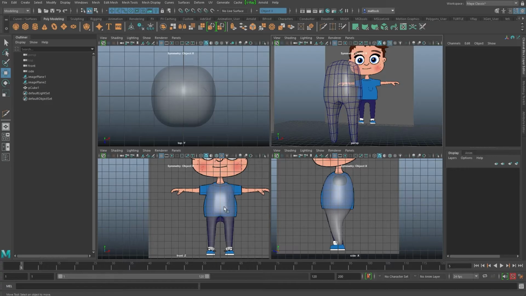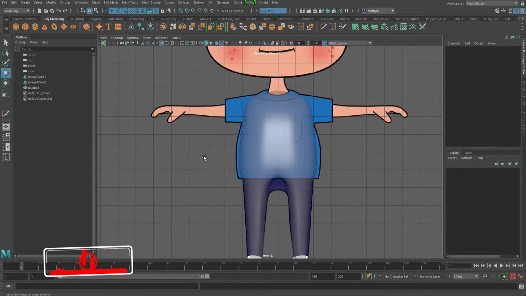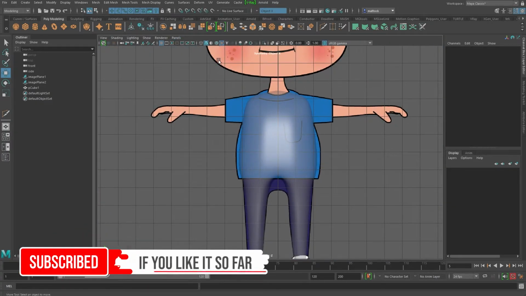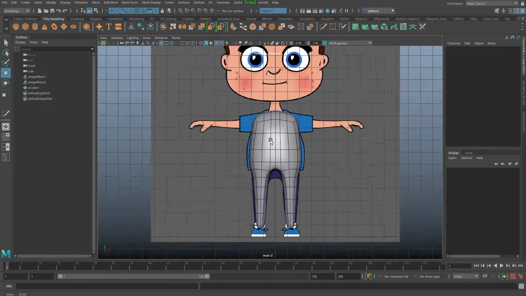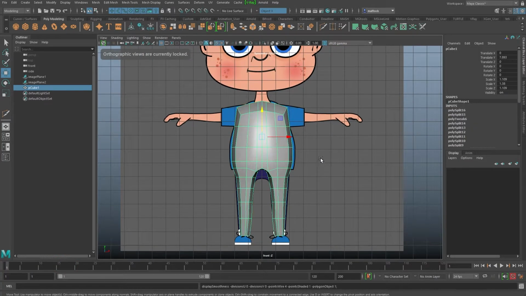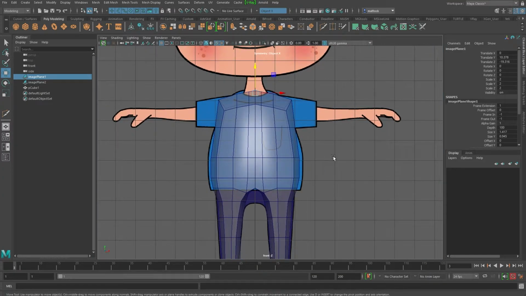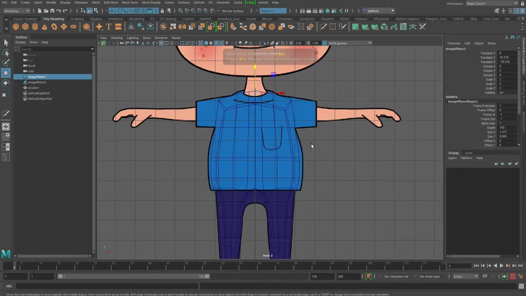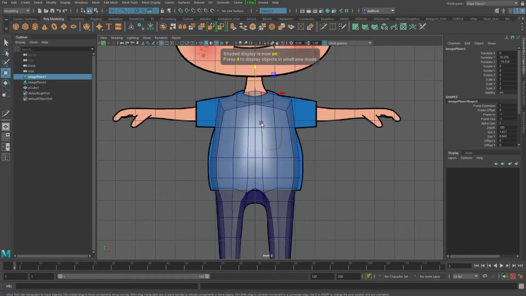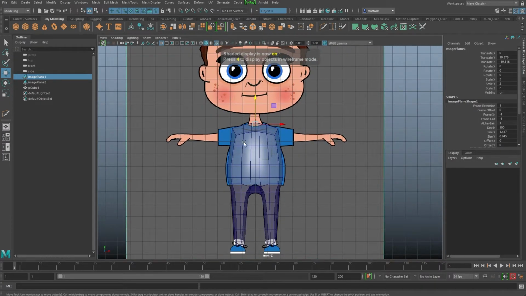So now if we go back to the front view and turn on, again, this is per viewport, so I've turned on wireframe on shaded in the perspective, but not this one. So we turn it on, and we say, okay, I might want to work in solid to see how it's going. Just go back to 1, or I might want to just quickly see part way through it, or all the way through it. And as you can see, this is a lot better than wireframe. If I hit the 4 key and go to wireframe, it's sometimes very hard to see what you're doing. So hit the 5 key to go back. There you go. Great tip for modelers.